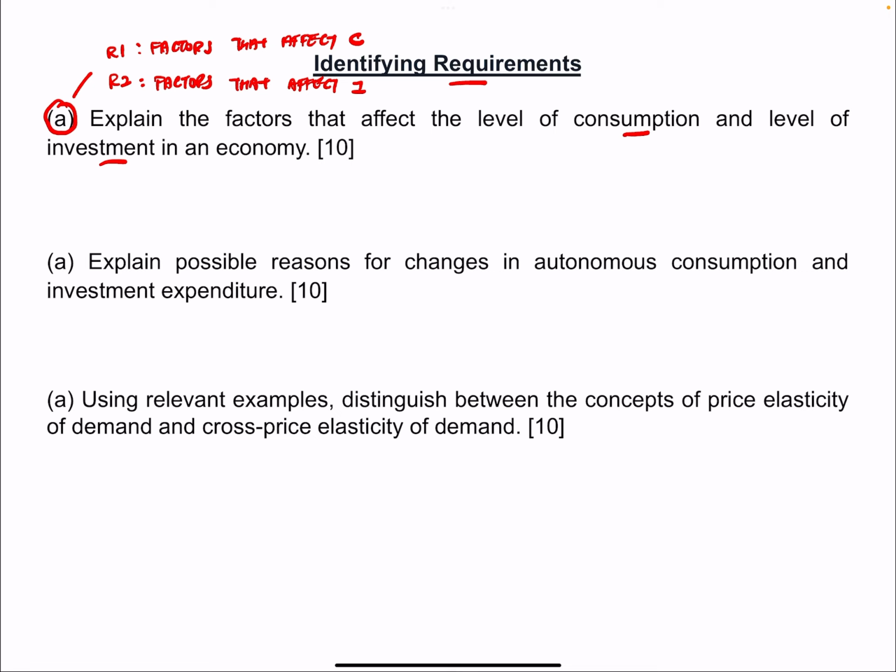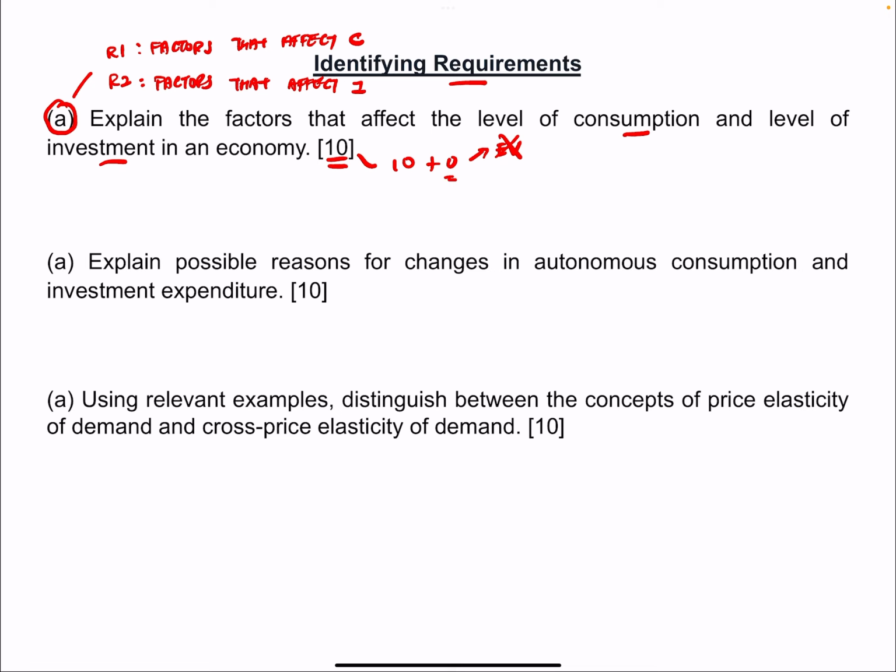Okay, so then you just need to answer that, then that will make up the entire 10 marks. For part A questions, they are basically 10 plus 0. So there is no evaluative component in a part A question, for essays at least. Okay, so if you look at the other one, it says explain possible reasons for changes in autonomous consumption